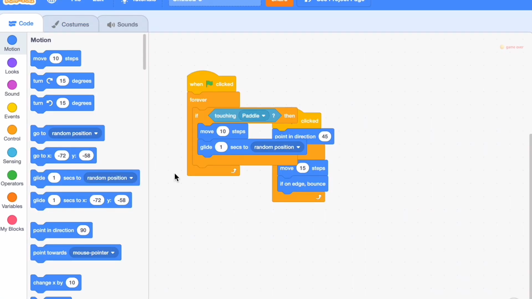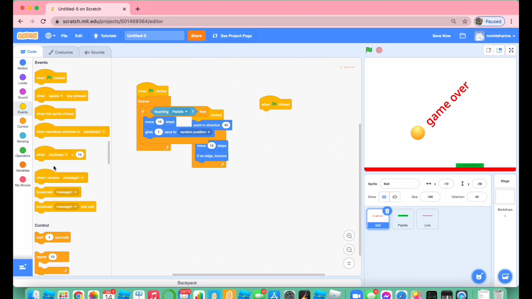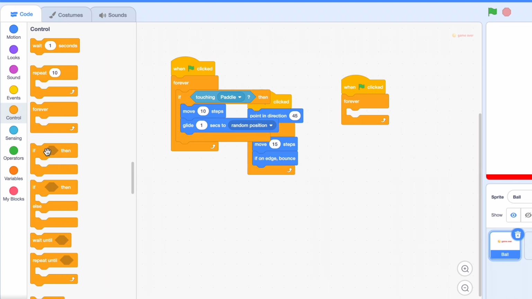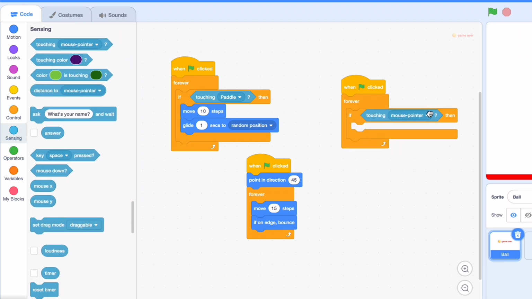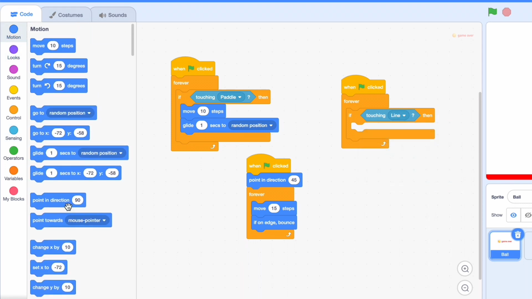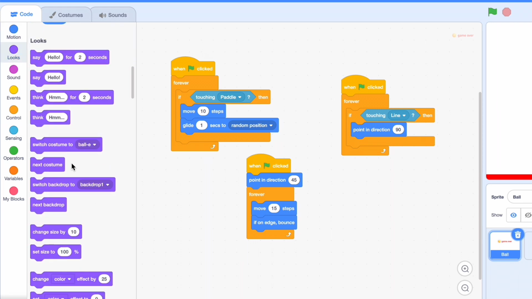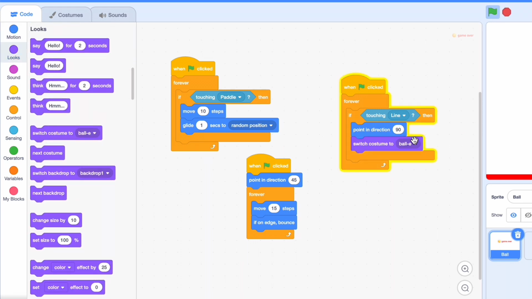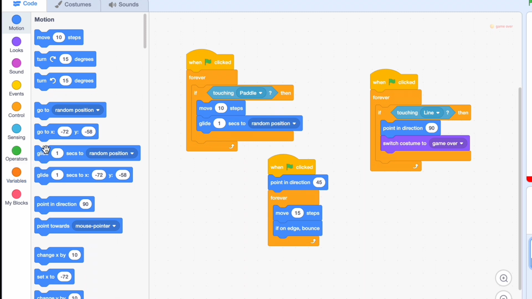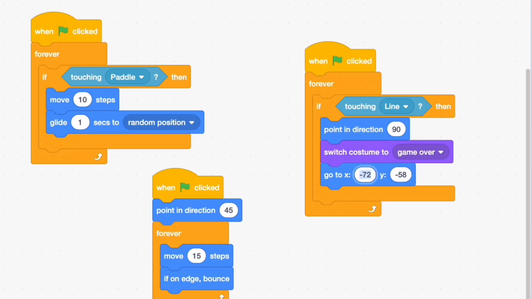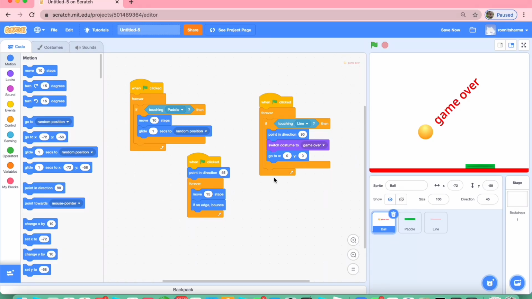Now, when flag clicked, forever, if touching line, point in direction 90, switch costume to game over, and also go to position x 0, y 0. So now